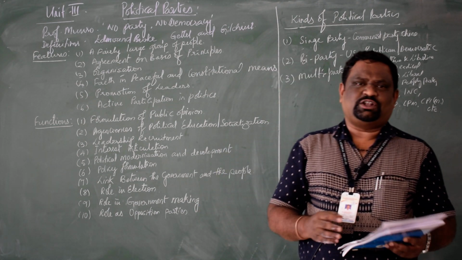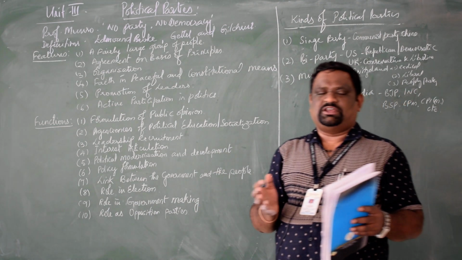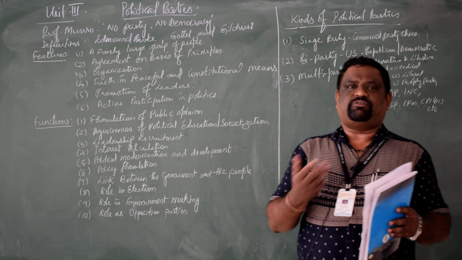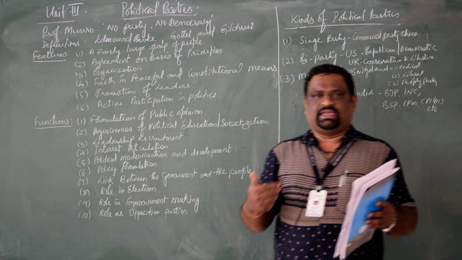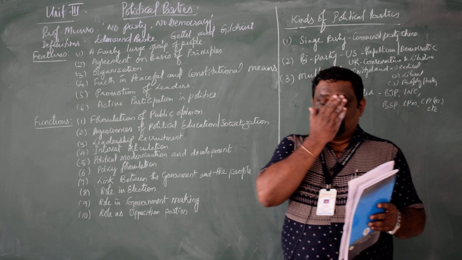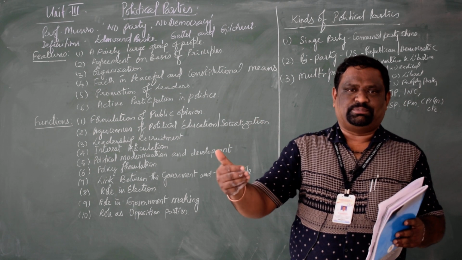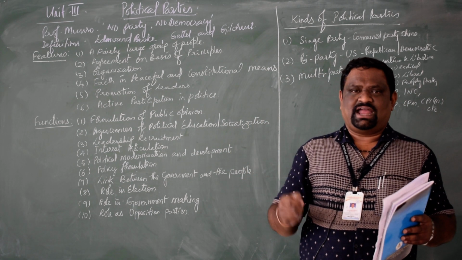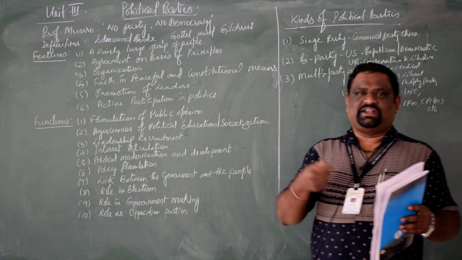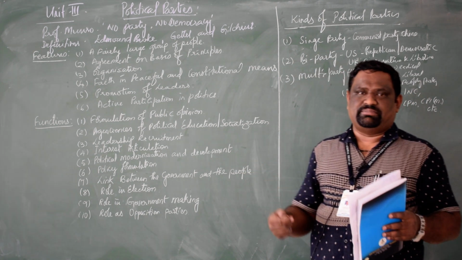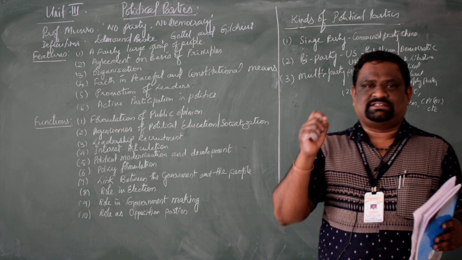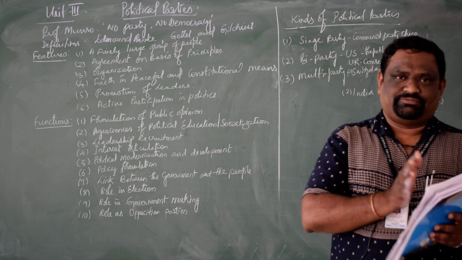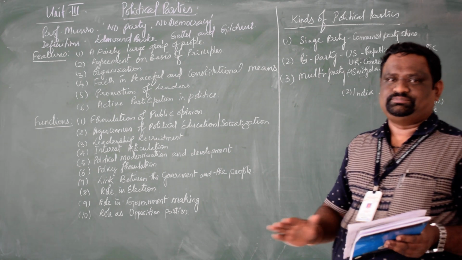Coming to the sixth one, that is policy formulation. Yes, it is easy to understand that the policy formulation job belongs just to the government. Who will form the government? The government is formed by the elected people. Again, they have to collect the opinion from the people. Based on that opinion, either the elected representatives or the concerned department members can formulate the policy. Before that, the political parties influence that particular fact and the ideas.